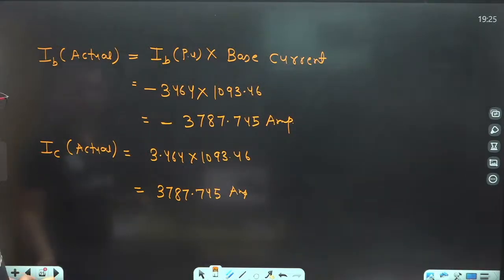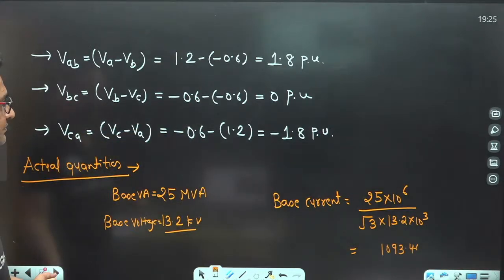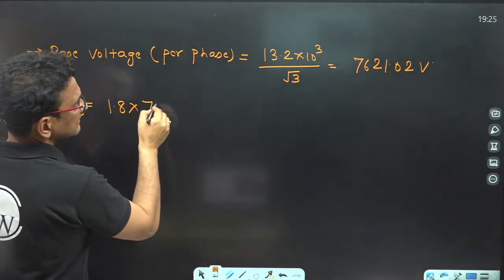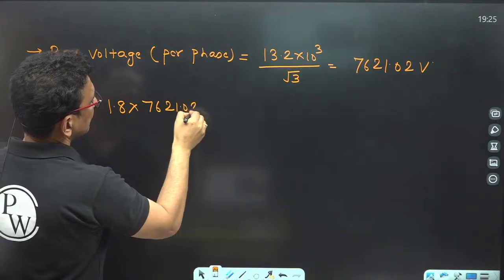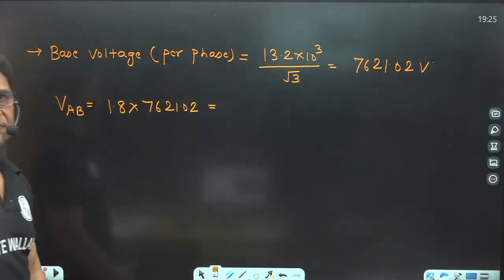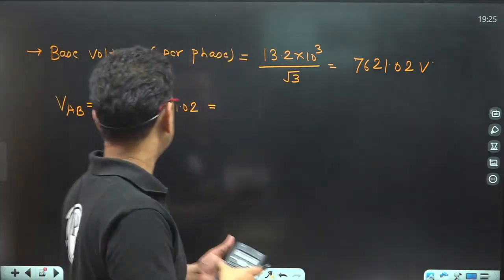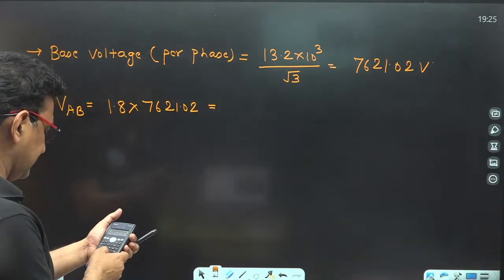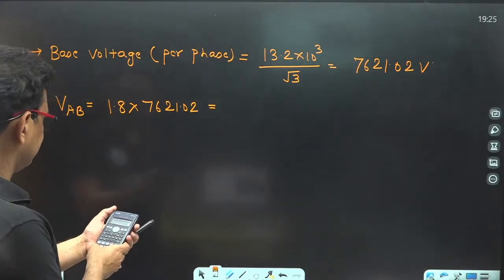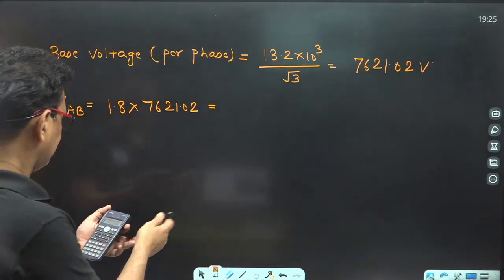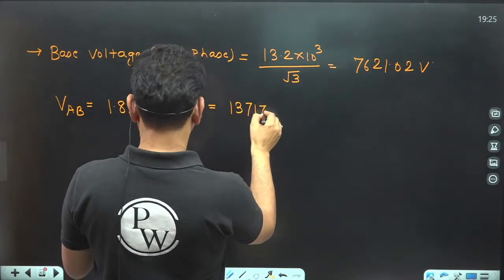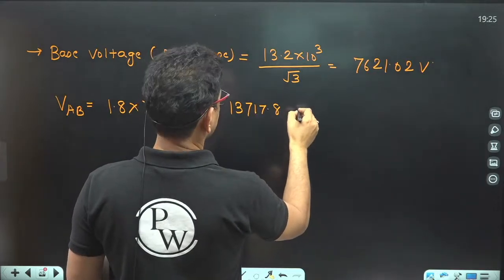the PU VAB we know, that is 1.8. So 1.8 multiplied by base voltage 7621.02. Are you getting my point? Why am I taking the base voltage per phase? Because our sequence network is always a per phase network. So never take the line voltage as a base voltage. So it is 13717.8 volt